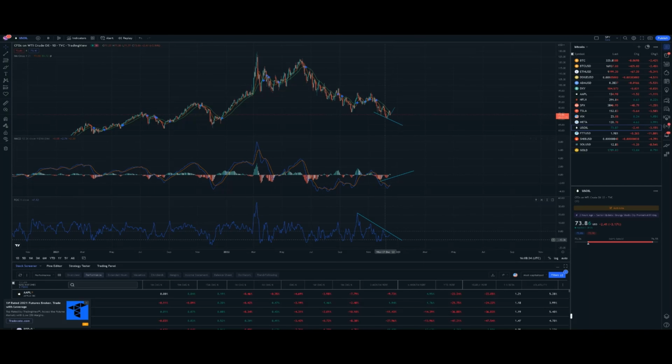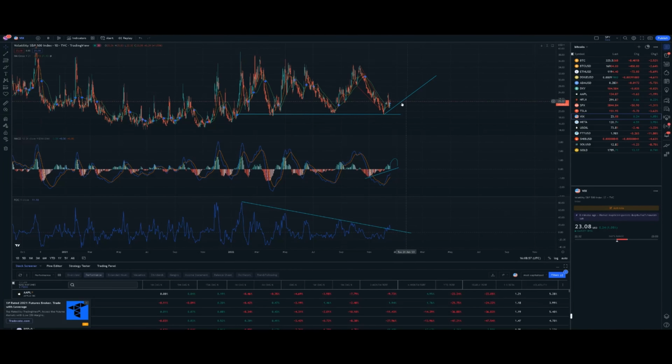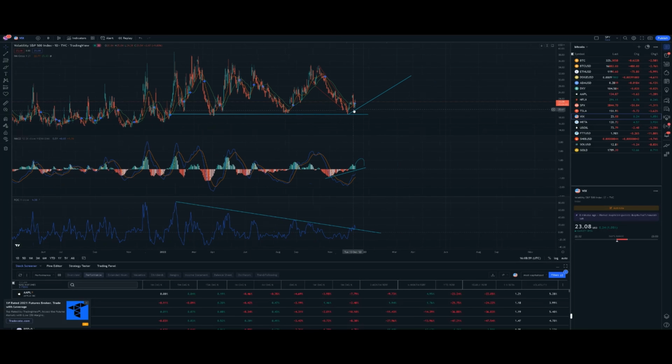Right here on the rate of change, you can tell how it's almost breaking out. If anything, it'll come back for a retest a little bit lower here, but it is indicating that it's about to break out aggressively. And everything is starting to correlate perfectly. We are starting to see, at least for myself, I am starting to see clear water here, how we are about to tank. Because look at this.